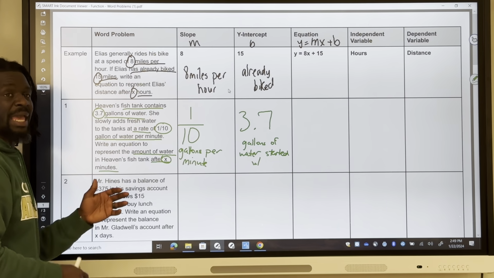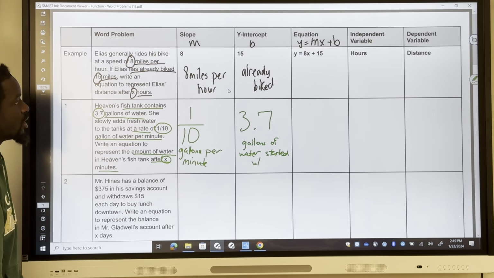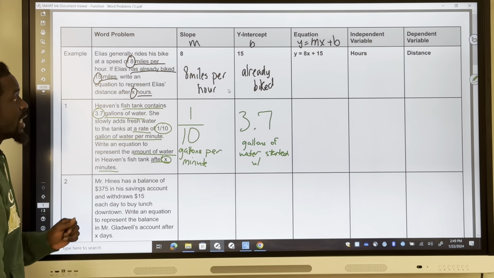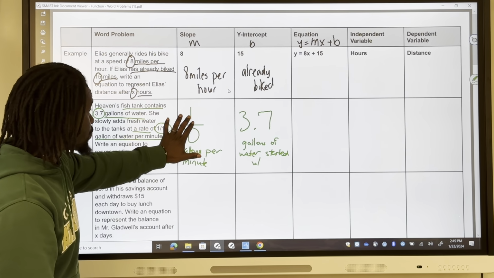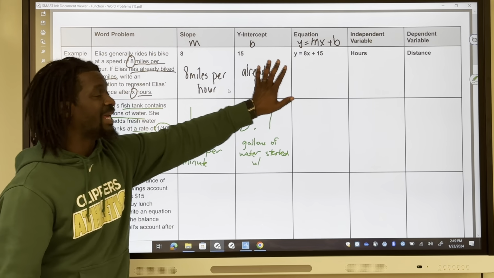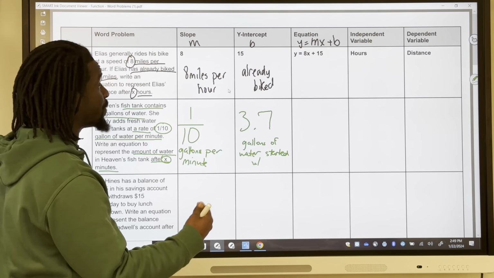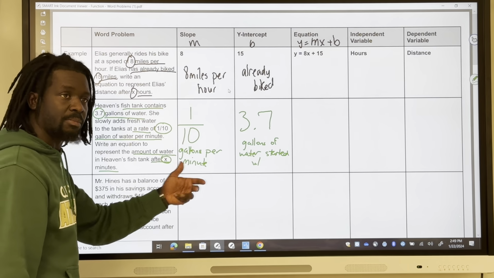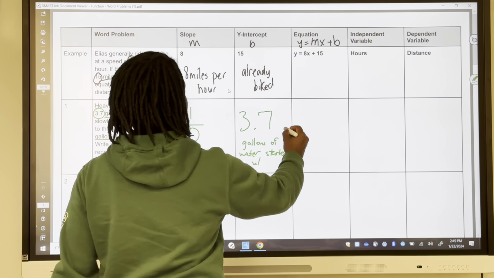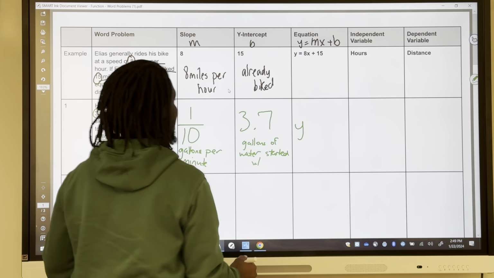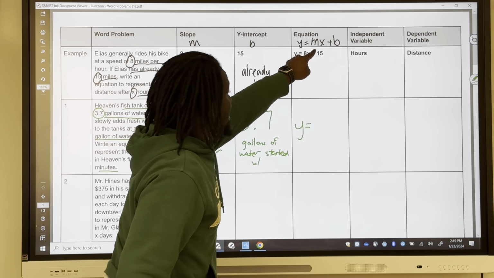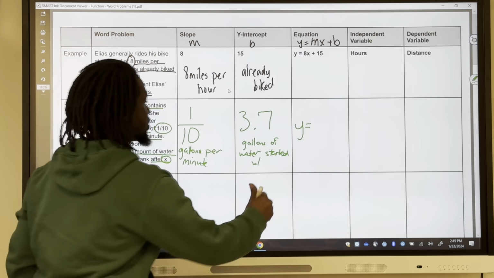Okay, how many gallons she started with. That is the y-intercept. Okay, and so now that I have my slope and my y-intercept, now I have to write an equation, which is again in slope-intercept form, which is y equals mx plus b. So I'm going to do y equals m, which is the slope, so 1/10,